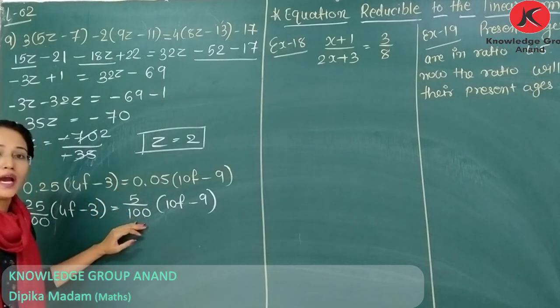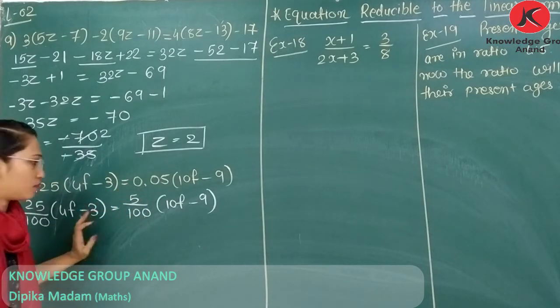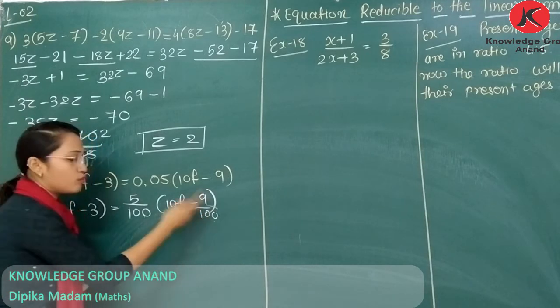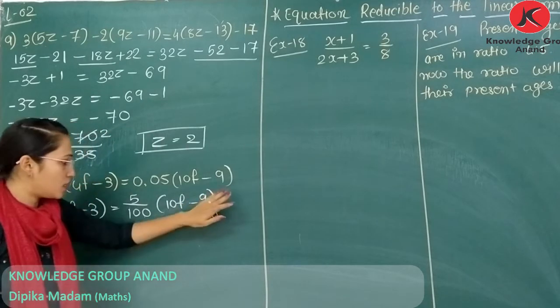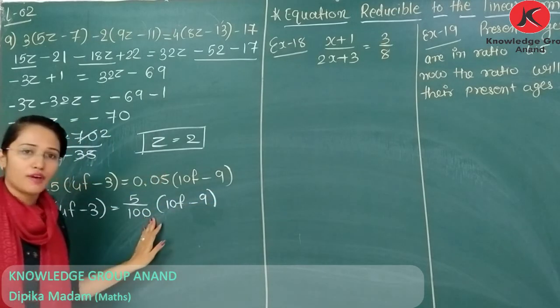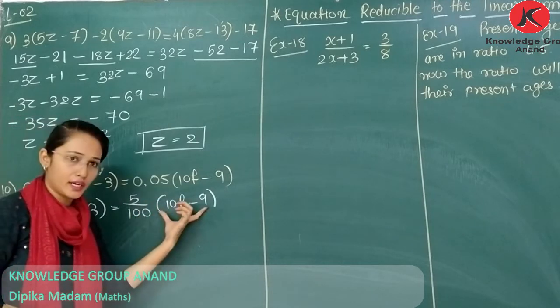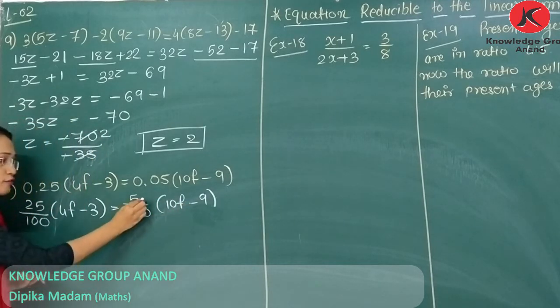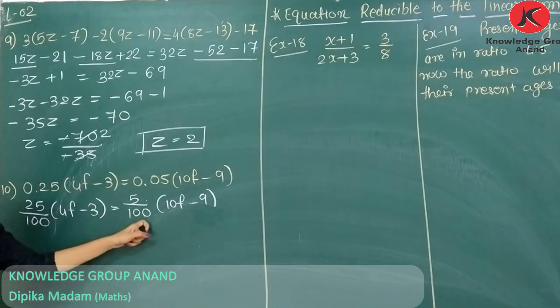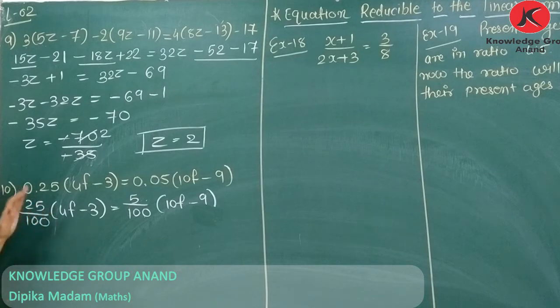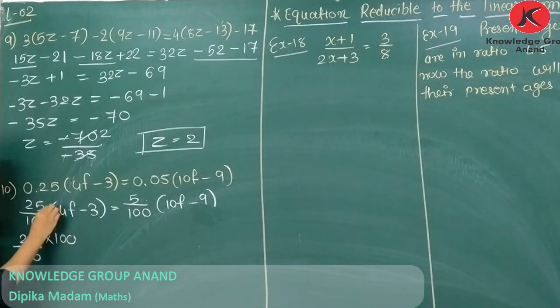Here 5 by 100 is in division with multiplication with the whole bracket, so it can move. But if it were like this, the 100 cannot move, because it is only in the denominator of 9. Clear? That's why you can move this 5 from right side to left side and it becomes division, and the 100 that is in a division becomes multiplication, to make the equation simpler. So it is 25 by 100. Now the multiplication of 100, this 100 becomes multiplied and this 5 becomes divide.